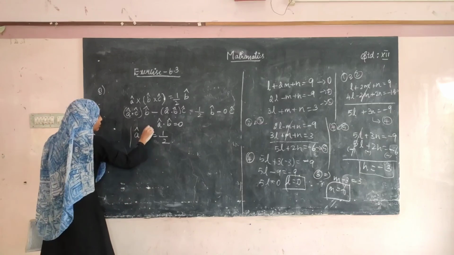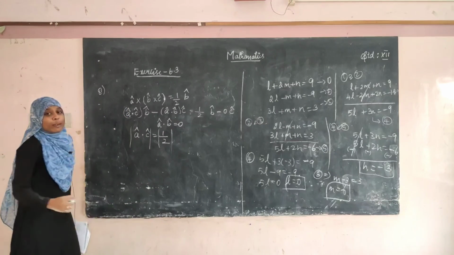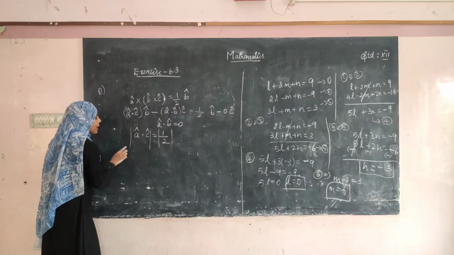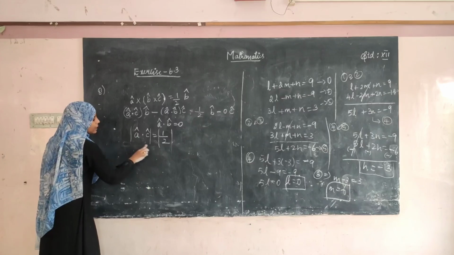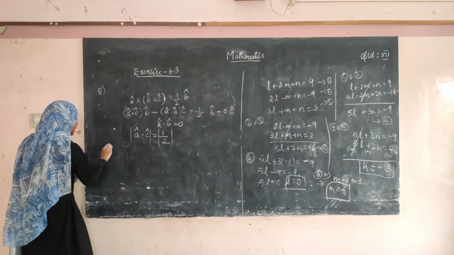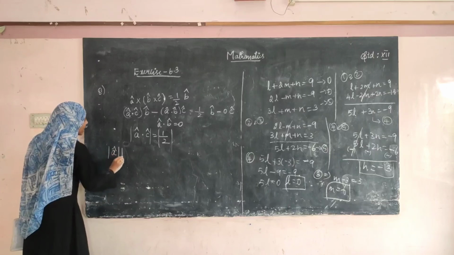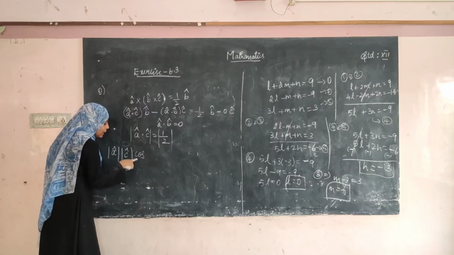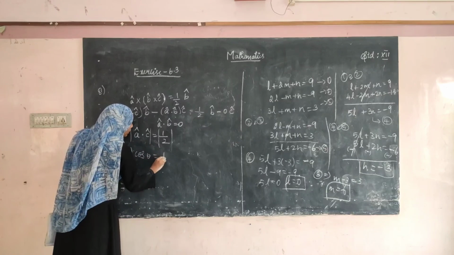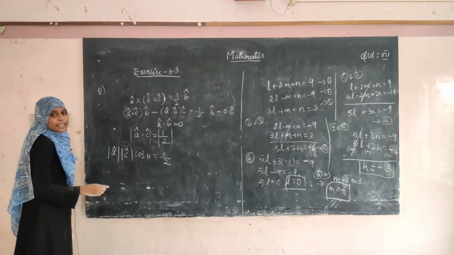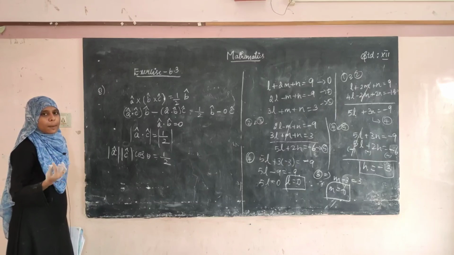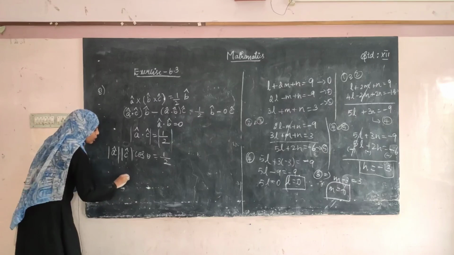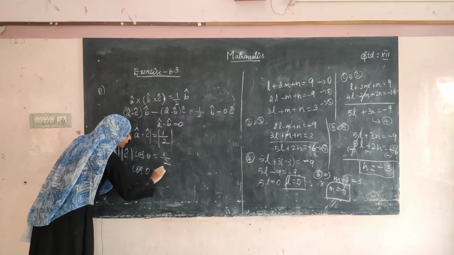Okay, taking modulus on both sides. So we have to find the angle between these two vectors. So dot product when we are expanding this, you will be getting the angle. The angle will be in this format: modulus of A cap into modulus of C cap into cos theta is equal to 1 by 2. Since they have given A cap and C cap are unit vectors, this becomes 1, this also becomes 1. So you will be getting cos theta is equal to 1 by 2.